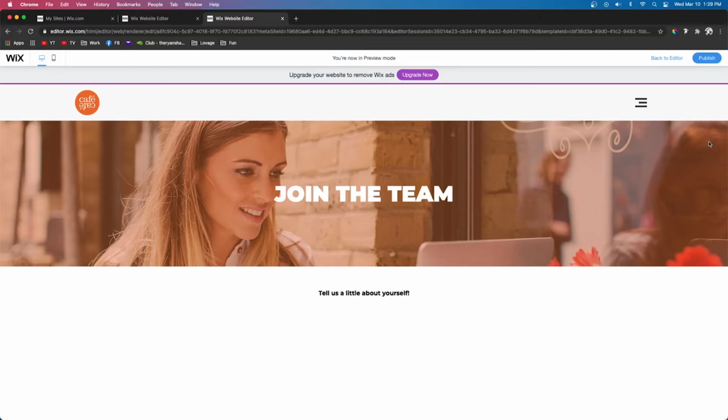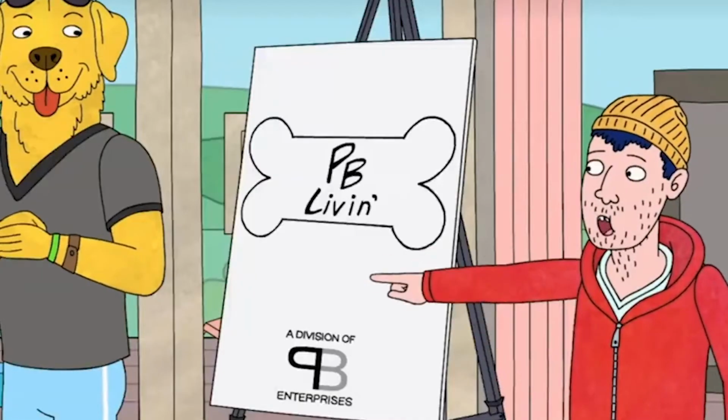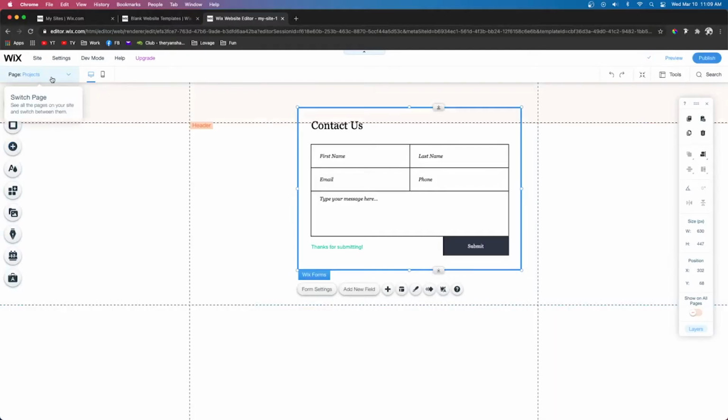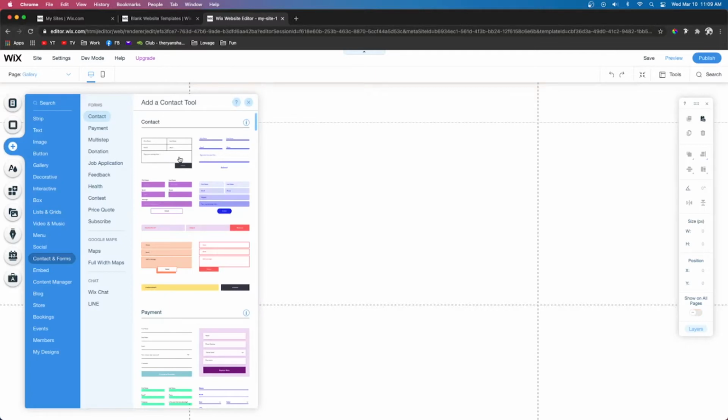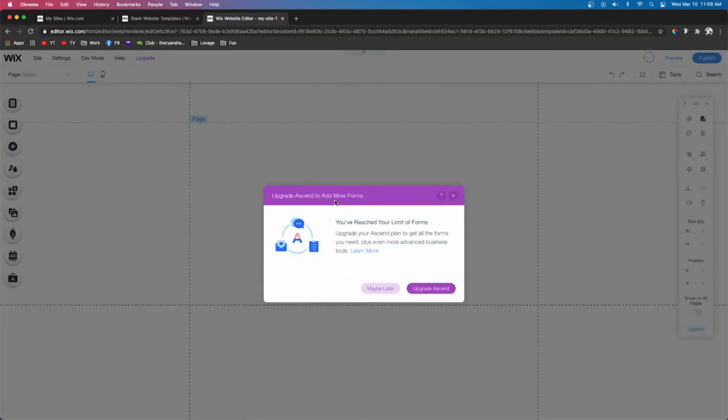Now in today's tutorial, I'm going to be teaching you how to create custom forms. Has this ever happened to you? Have you guys ever tried adding multiple forms to different pages on your website and then get greeted by this little pop-up that says you need to upgrade your Ascend plan to add more forms to your